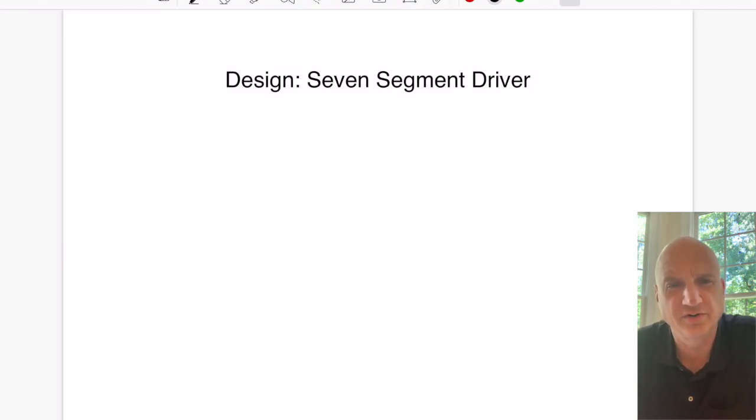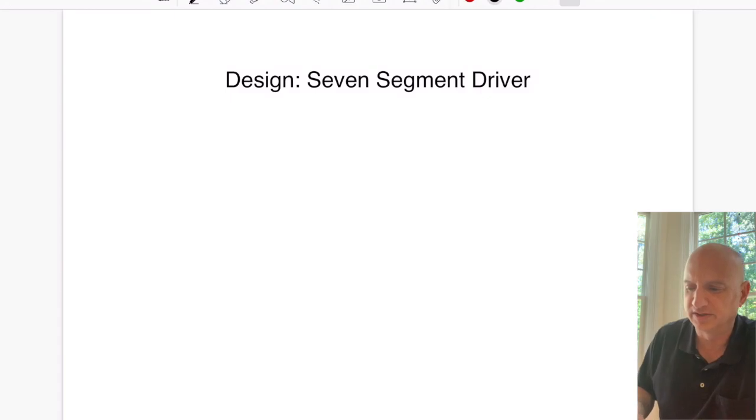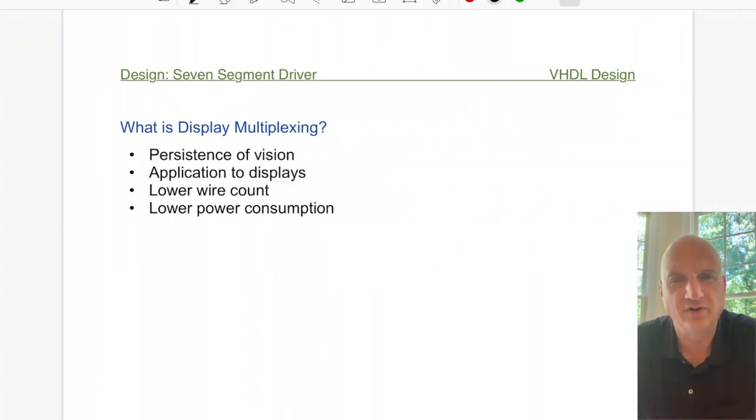So what we're going to do is start exploring the idea of designing a 7-segment driver. Now, 7-segment drivers have been around for a long time, and they represent a really neat synchronous sequential system that will help us explore VHDL a little deeper and get a better idea of how to design with VHDL. Before we start diving into the 7-segment driver, let's talk a little bit about some fundamental concepts of the human eye and the fact that we take advantage of it